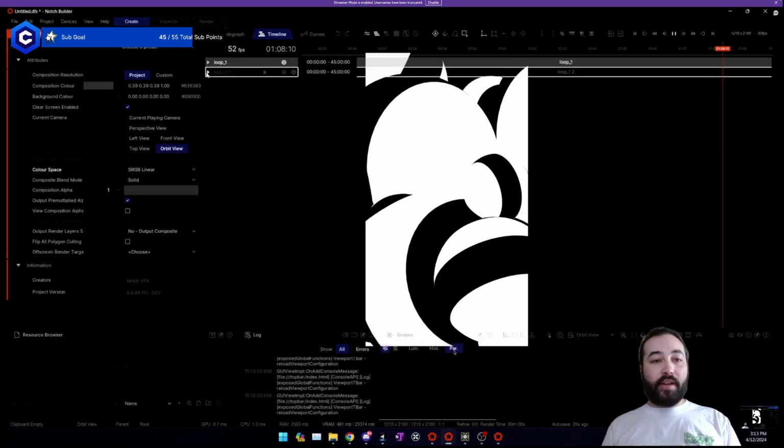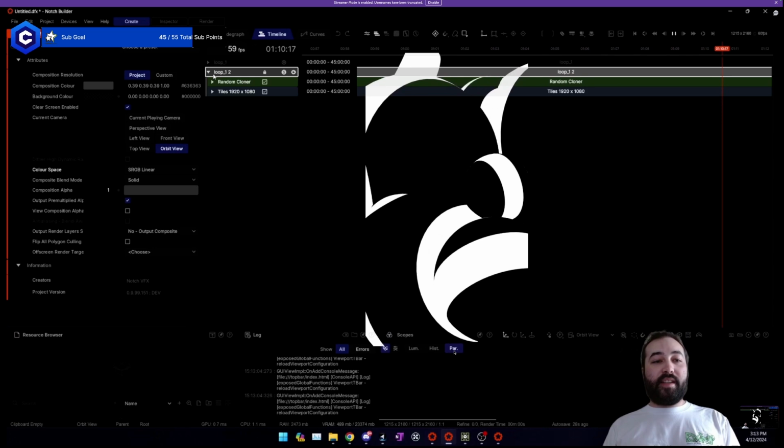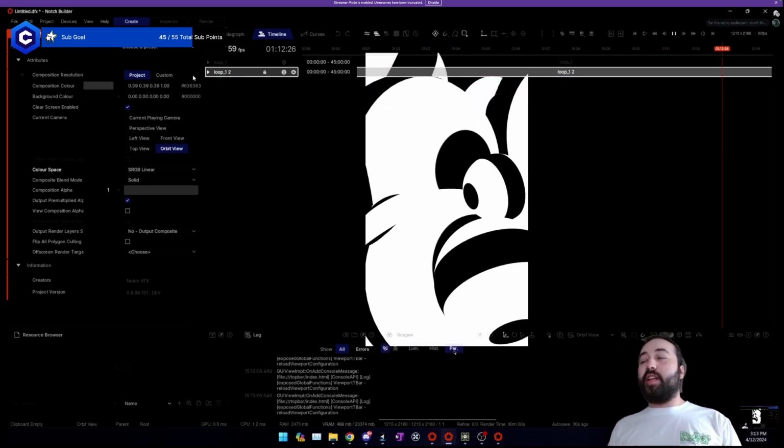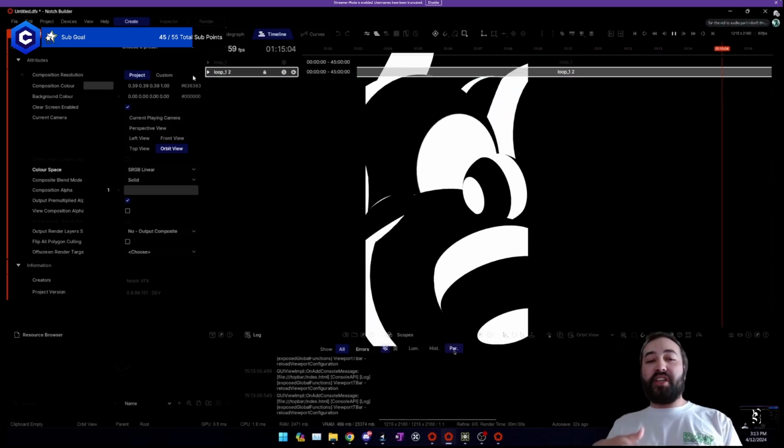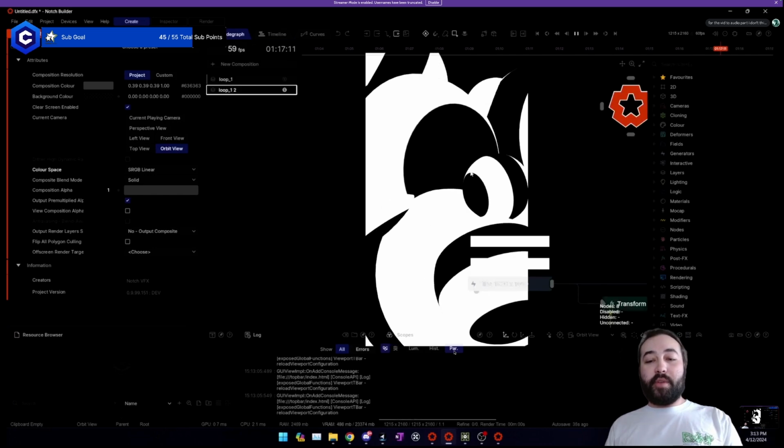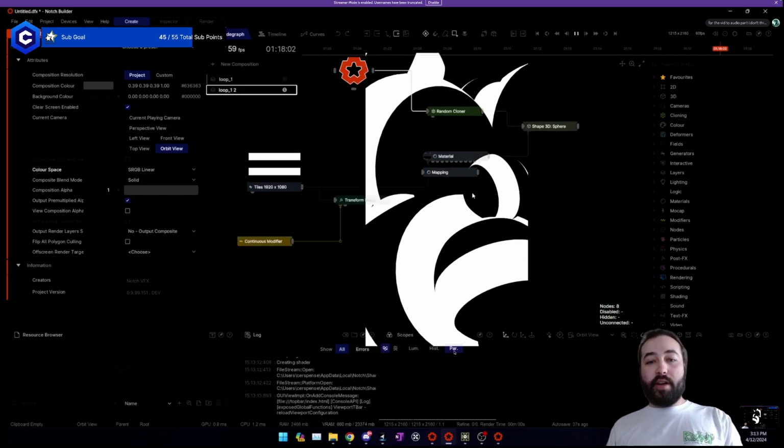So I'm just going to duplicate this layer and go to the next layer. And instead of putting these layers on top of each other, I'm just going to solo them individually so I can use them to store a bunch of looks that I'm going to do. So now we have another one.